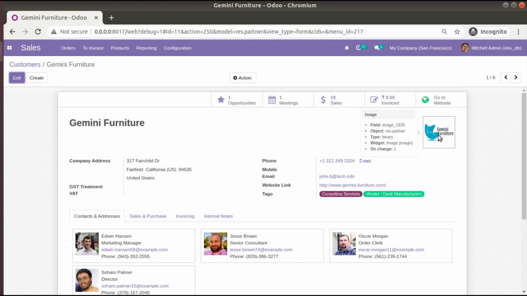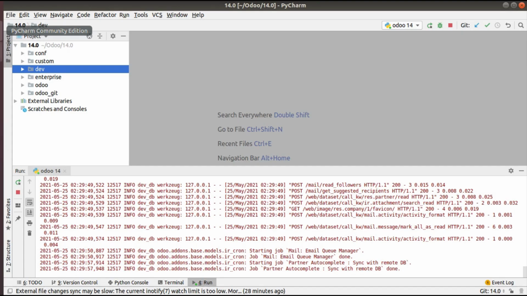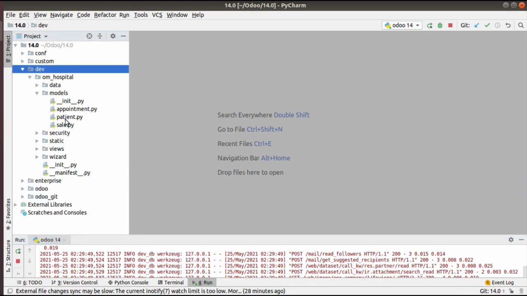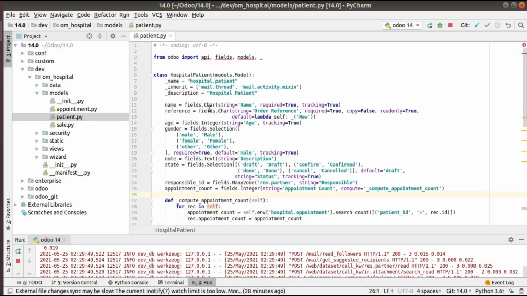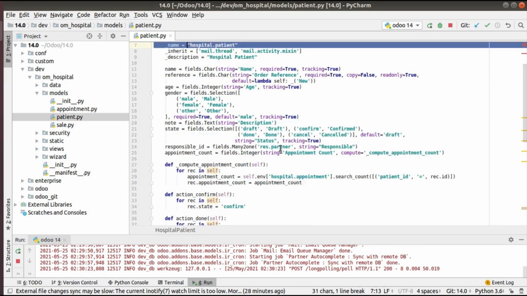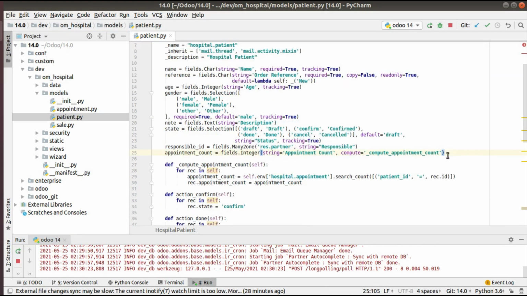If I go to PyCharm, this is my custom add-ons path, and if I open it we can find the om_hospital module. If I go to the models folder, I'll be making changes inside the patient.py file. This is the model of the patient, so I have to define a new field of type binary here.